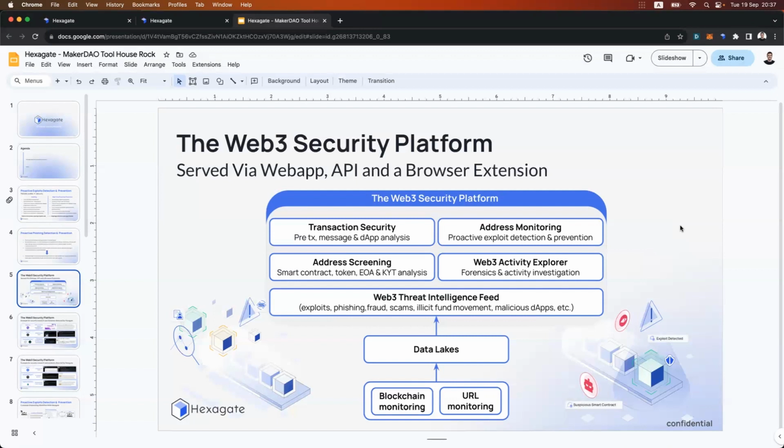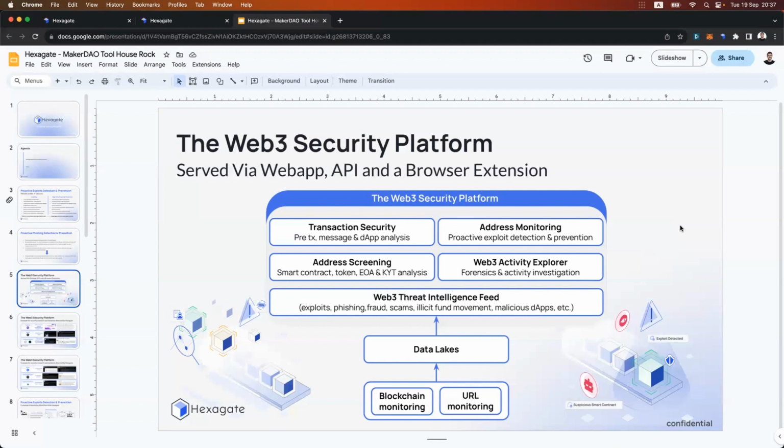This allows a VASP, for example, to screen any new address that they need. For example, we have a very popular DeFi aggregator that wants to comply with the US regulation, even though it's kind of blurry, but they at least know that they cannot mess with stolen funds. So they've been using Hexagate in order to do that.